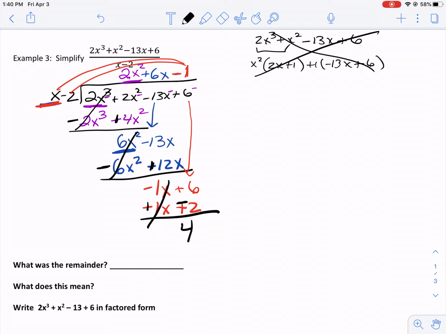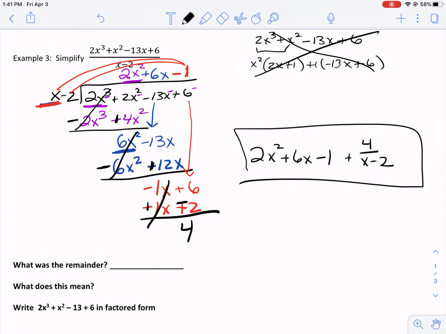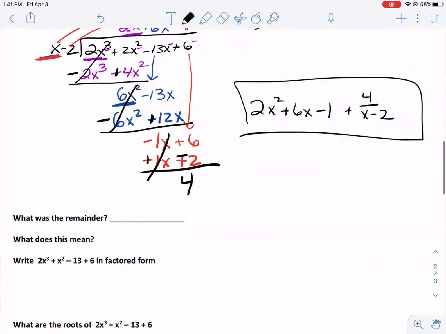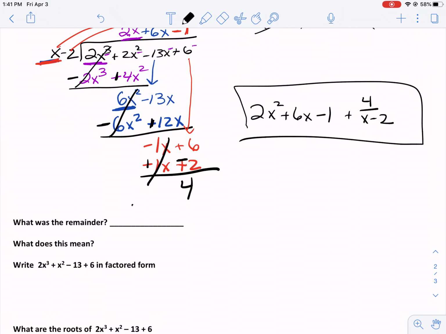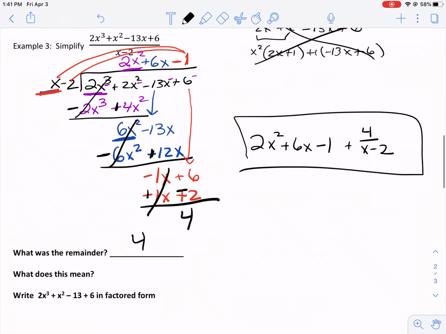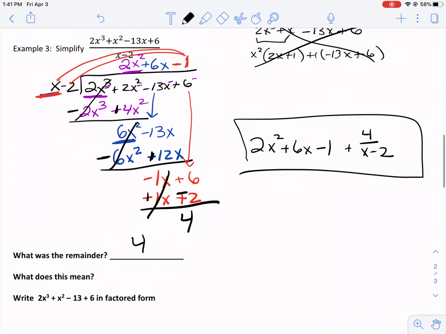All right, so our answer is 2x squared plus 6x minus 1 plus the remainder over the divisor. This is our final answer. So, what was the remainder? Well, the remainder was 4. And what does this mean? Well, it means